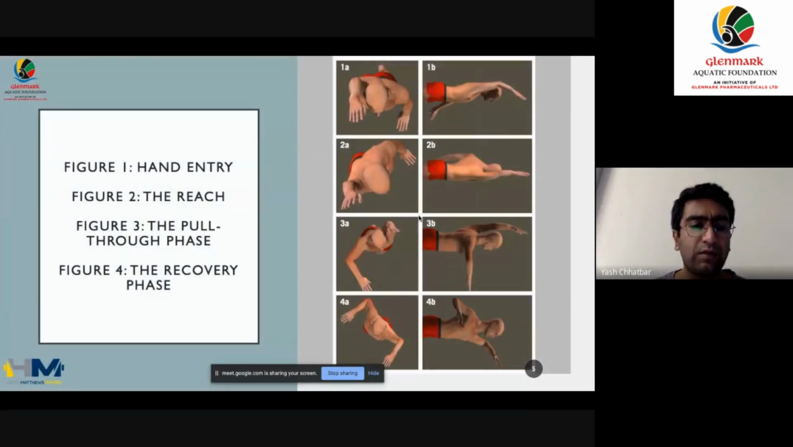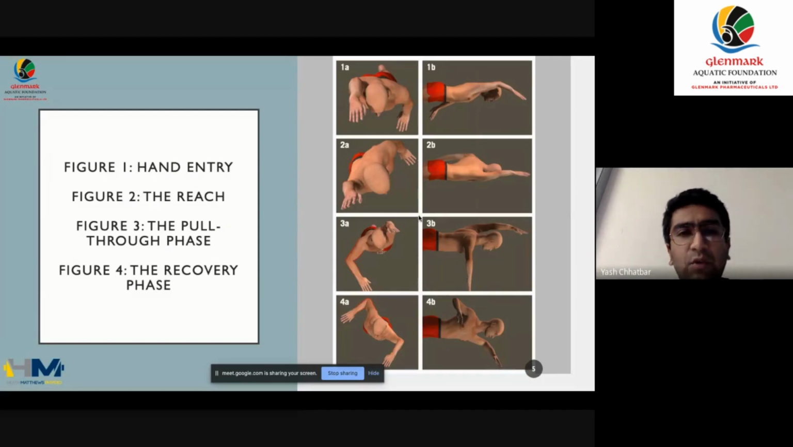Now, essentially, there are different kinds of strokes, and I'm not going to get into detail of each stroke because it's beyond the capacity of this forum for us to discuss each and every stroke in detail and get into the biomechanics. Essentially, I'm going to focus on the primary freestyle stroke. So, if you see over here on the screen, these are the phases of biomechanics of